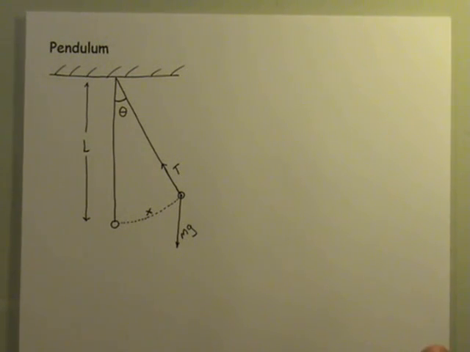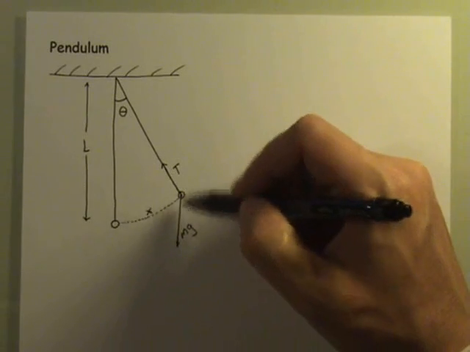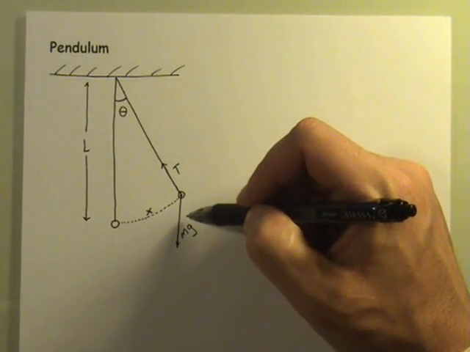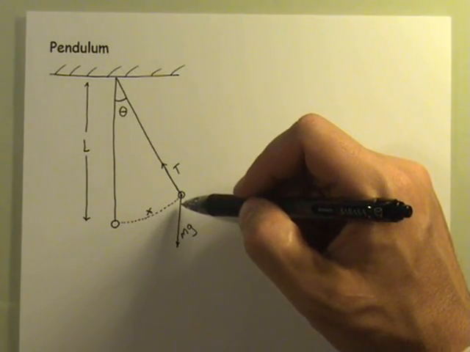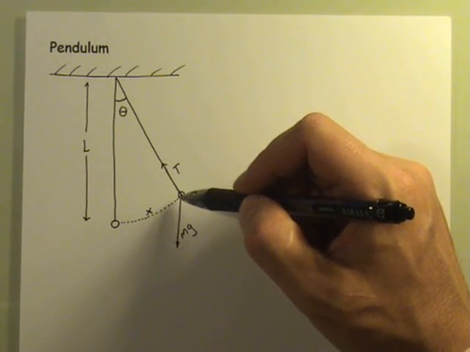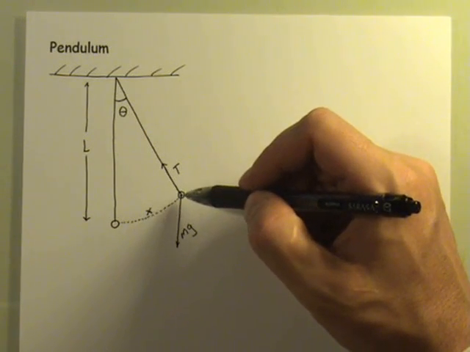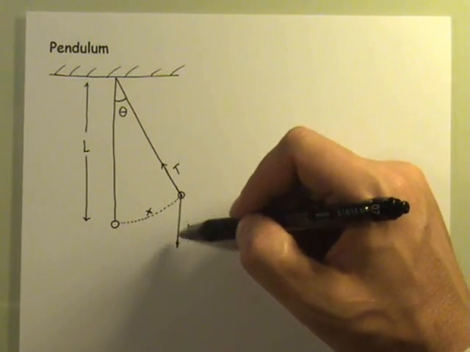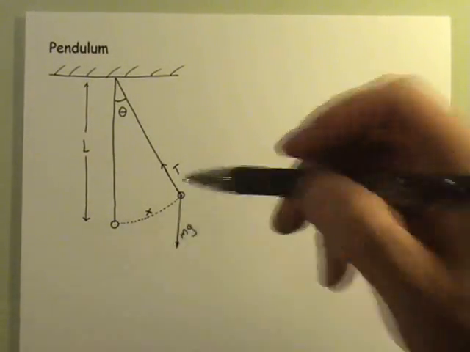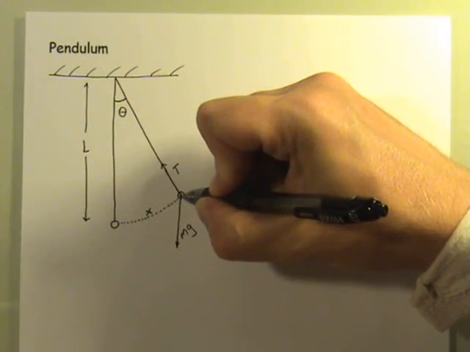Now what we're going to do is, obviously one of these two guys needs to be broken up into components so we can start to think about the way the forces are acting, since they don't act in one dimension. We could take the tension and break that up into two parts, but in this case it would be wiser to break up the weight into two parts,